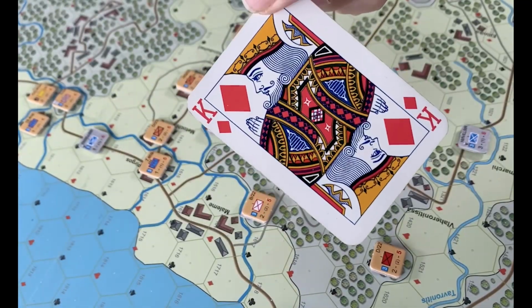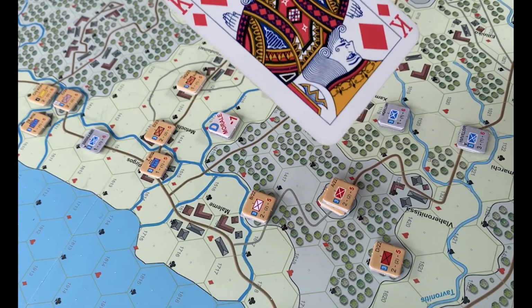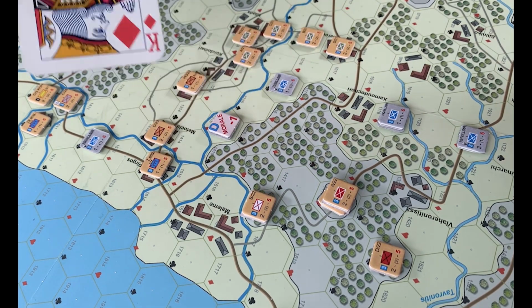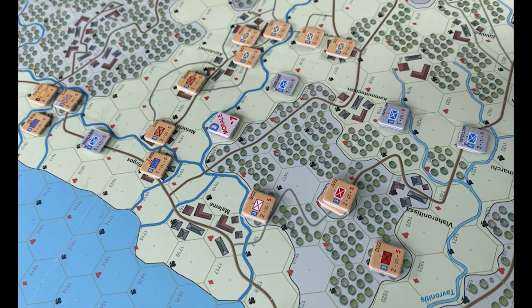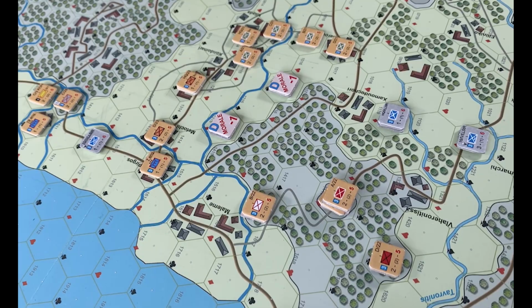Also, King of Diamonds is a random card. King of Diamonds effect is a free rally, if you like. But obviously we don't have any Commonwealth units needing rallying. So you put the D onto this guy. What we then could do, so these guys are now complete. What we then could do is we could